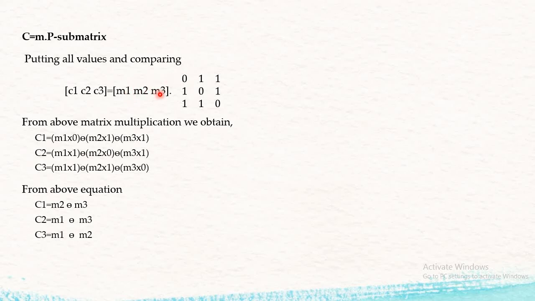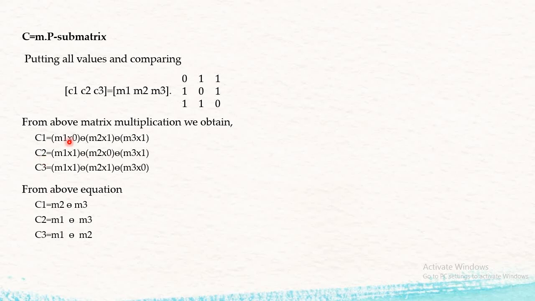Here we are doing a mod 2 operation, therefore instead of writing addition we are writing a mod sum over here. So m2 into 1, m3 into 1, the same thing is written over here. Similarly the steps are written for finding the values of C2 and C3. So once we have the equations of C1, C2, C3, we have to extract the relation between message bits and the check bits.